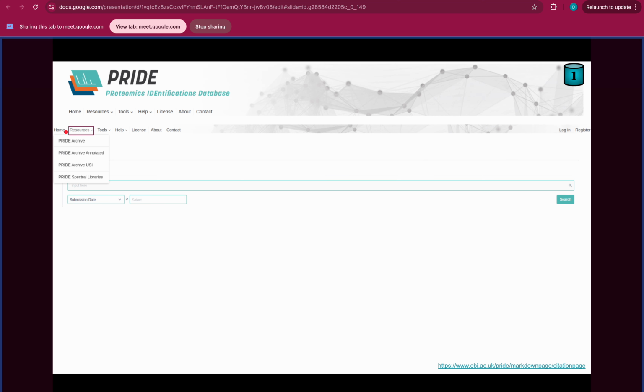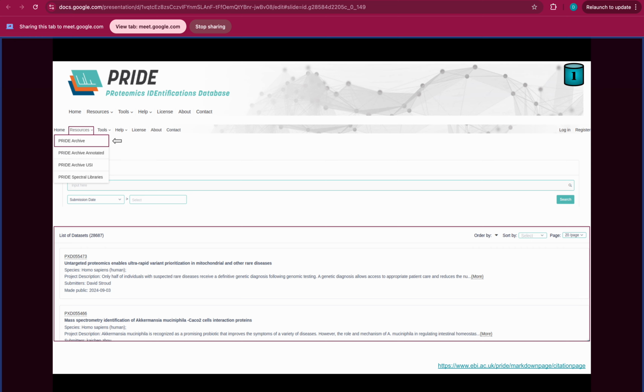Now, the thing we looked at was the home of PRIDE. If you want to see the resources, they are PRIDE Archive, Archive Annotated, Archive USI, and PRIDE Spectral Libraries. So these are different resources, depending on which data you want to access: the spectral libraries, the annotated data, or simply the mass spectrometry identification data. For example, if we click on Peptide Archive, then it will provide us the list